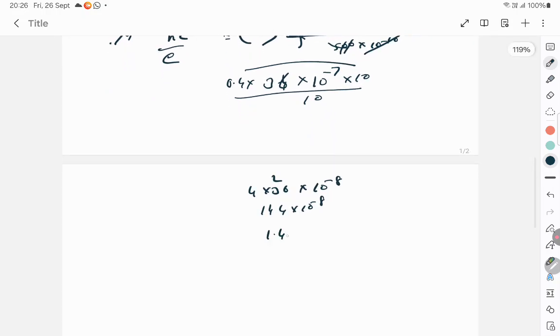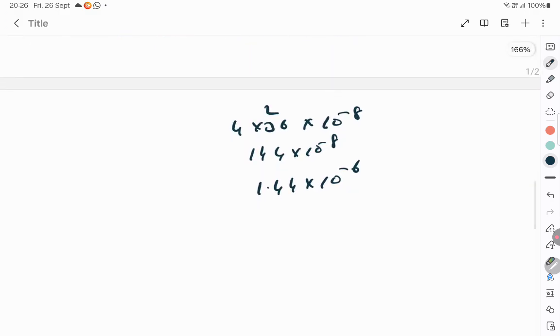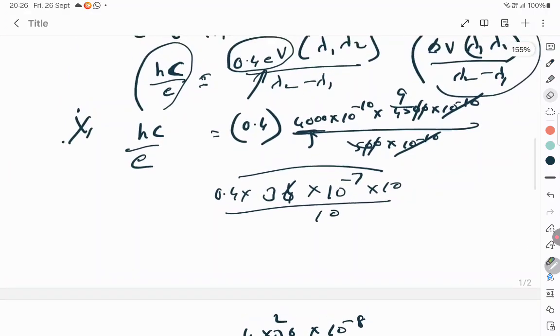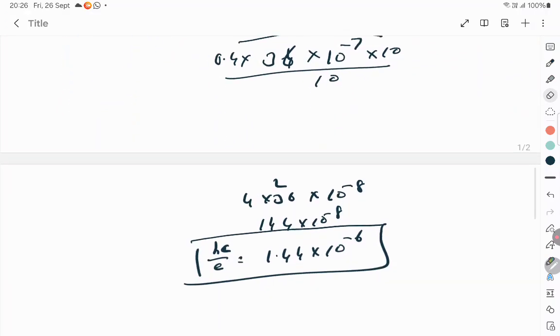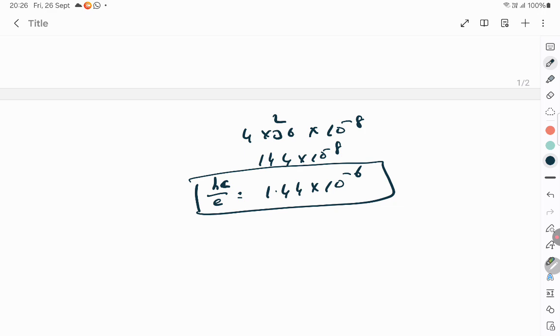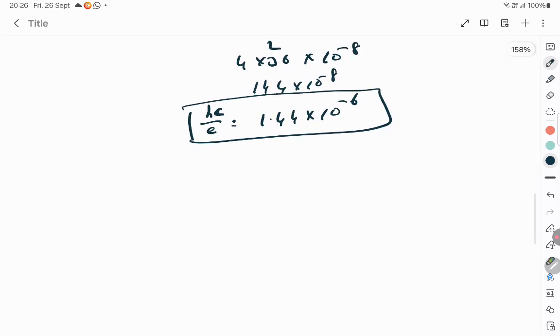or in other words it's 1.44 into 10 to the power minus 6, the hc by e value. Unlike what we memorized it as, 1.2 into 10 to the power minus 6, which is a general scenario, the calculated value based on the wavelength and the voltages plotted turns out to be like this. So using this only, I am supposed to proceed with this sum,